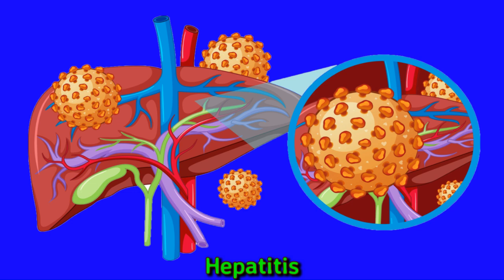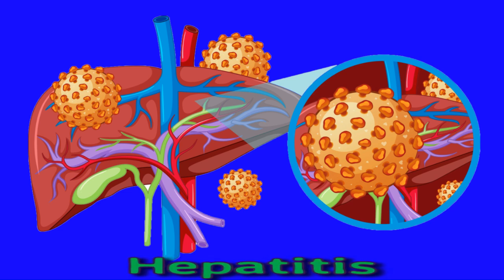Hepatitis C transmits through infected blood or sometimes sexual transmission. Hepatitis D is a secondary infection that only affects those who have hepatitis B. Hepatitis E transmits through the consumption of contaminated water or food. The most common types of viral hepatitis in the United States are hepatitis A, hepatitis B, and hepatitis C.